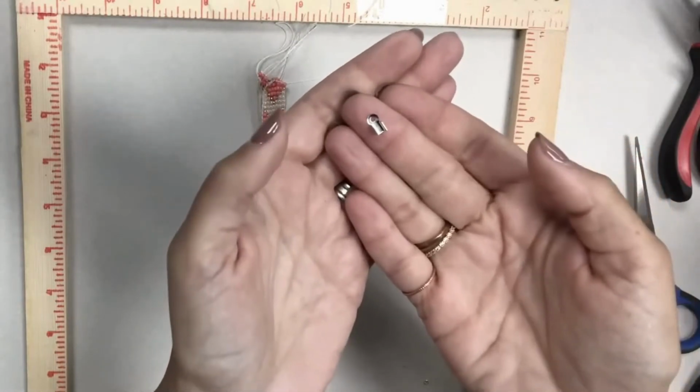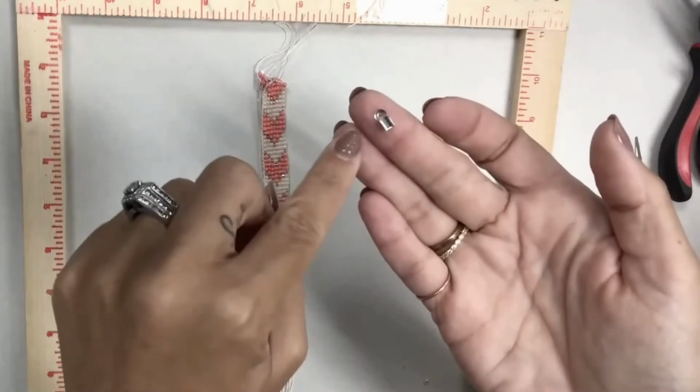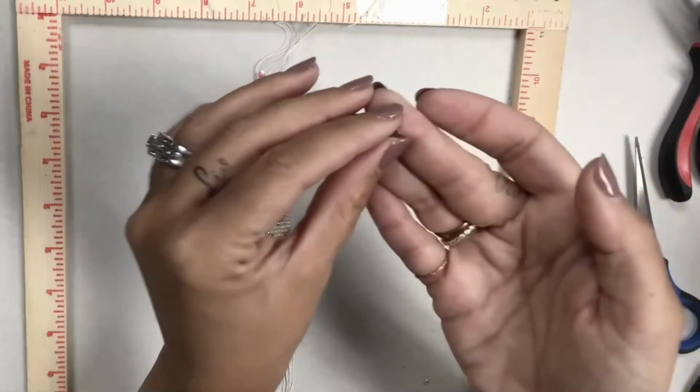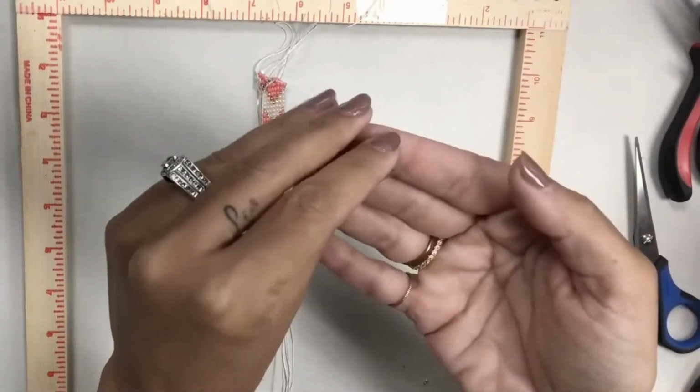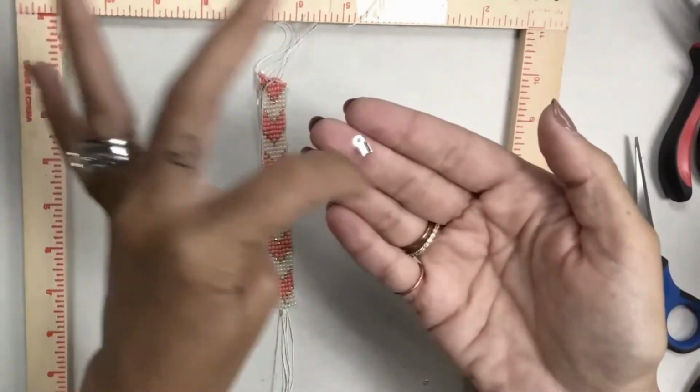Depending on where you get them from, they're called different things. Again, I'll include a link of where you can purchase these. But basically what it is, it's a little holder that has a flap on each side. So you'll lay the strings, the